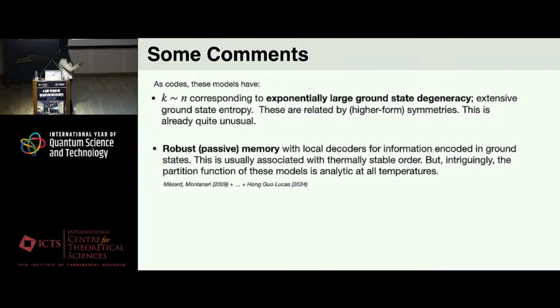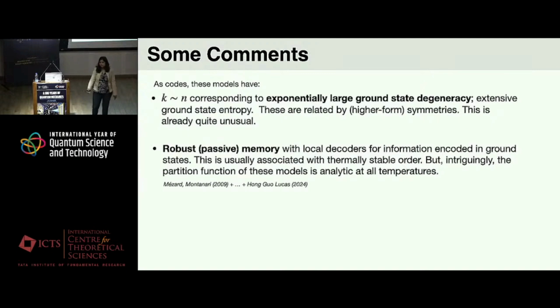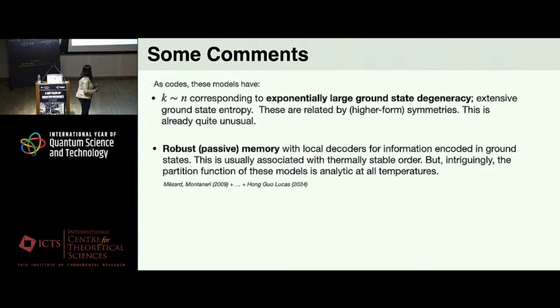And conventionally, these local decoders are usually associated with thermally stable order. For instance, in the 2D Ising magnet, you have thermally stable ferromagnetic order, or in the 4D toric code, you have thermally stable topological order. But intriguingly, what's known, and that was pointed out in the quantum context by this recent paper by Andy Lucas's group, is that even though these models have local decoders, the partition function is actually analytic at all temperatures. Okay, so it's these very weird properties of these models, and